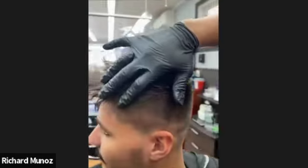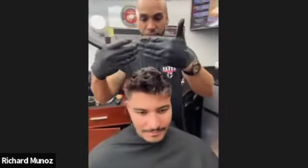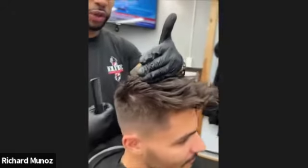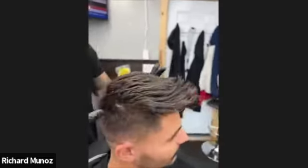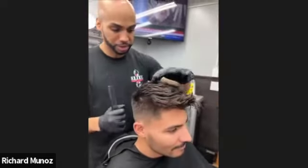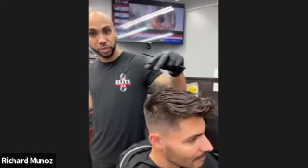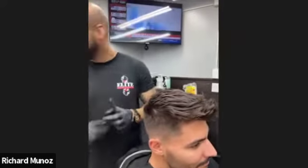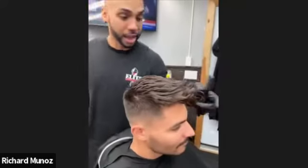We blended the top with the shears. We cut the hair into a triangle formation from here. We separated the hair, 1/3 on the way back, 2/3 on the way forward. Cut everything into a triangle shape. Sliced through the hair, point cut it. We used the Prorituals pomade gel, which gave his hair a lot of height and volume, as you can see. We used the Prorituals wax right here to give the hair shape, which is still in, and dusted it off with the hairspray,